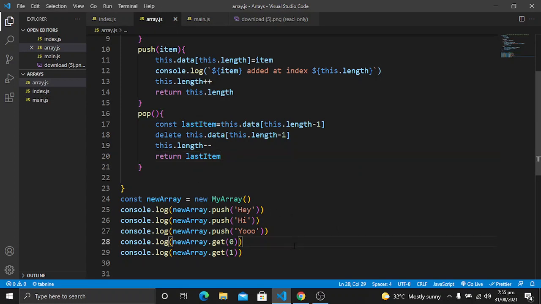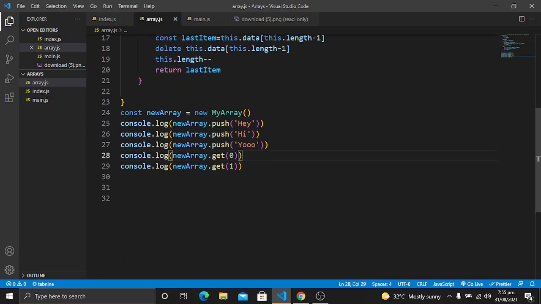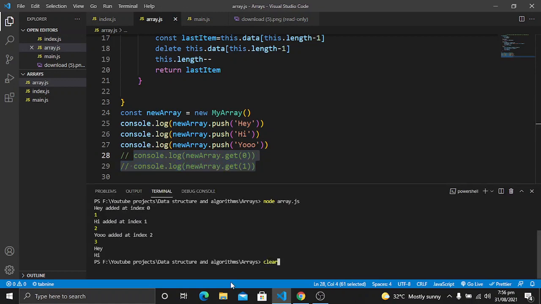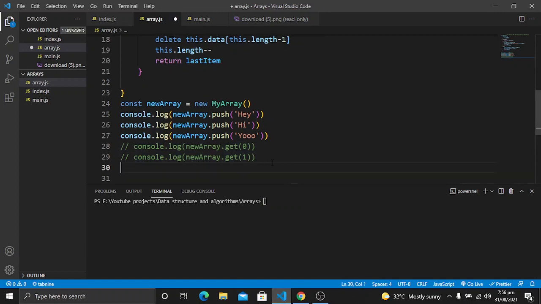What we will return from this function is going to be the last item that we have removed. So let's test this method here. Let's comment this get method, clear the terminal. Now I want to remove the last item.